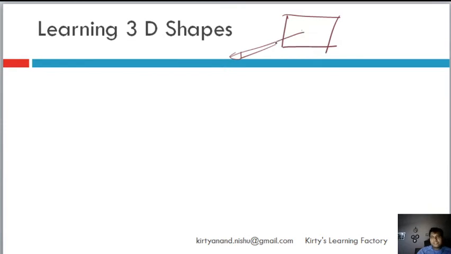Most of the objects are three dimensional in real nature. For example, if you take a glass in which we drink water, it is three dimensional because there is a circle at the base, but then there is this whole thing above it, in the third dimension. So a glass is a 3D figure. A katori, for example, or a bowl in which you put dal, etc., is also 3D. So most of the things that you see in real life are three dimensional, and therefore it is important to understand some of the 3D shapes to begin with.